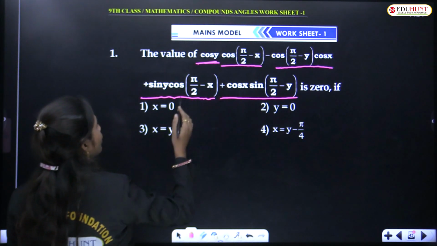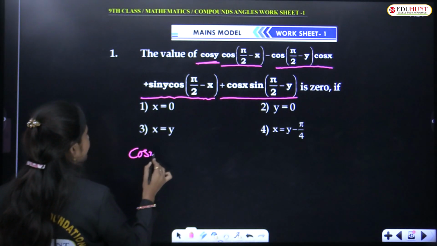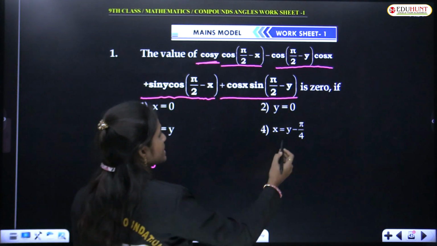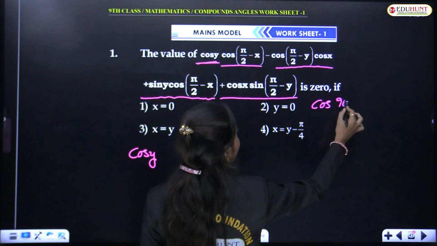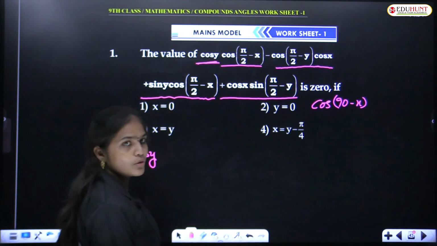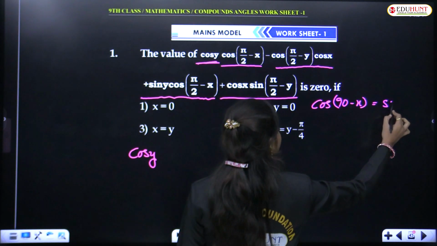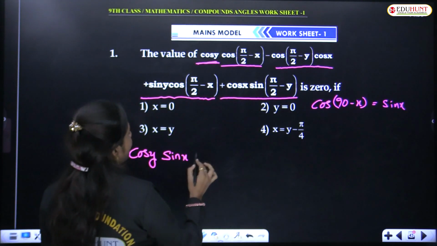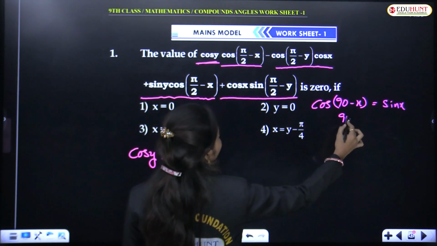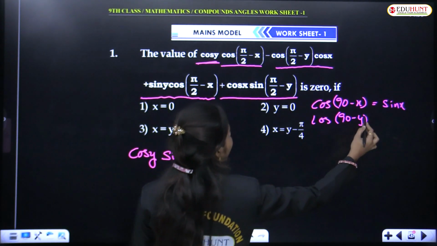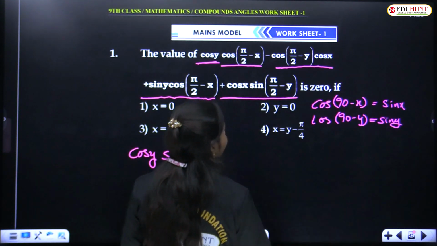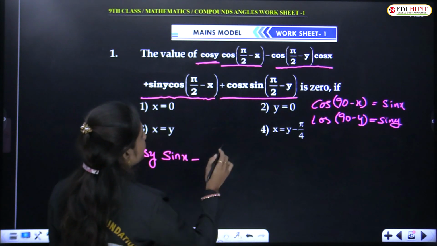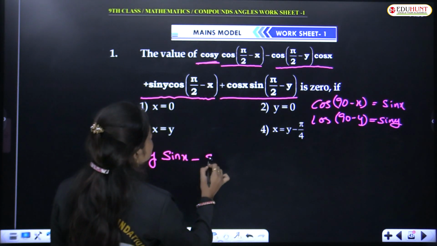So first what they have given here, cos y, and here cos of pi by 2 minus x, which is nothing but 90 minus x only, no? So cos of 90 minus x is equal to sin x. Okay, so write here cos y sin x minus, again cos of 90 minus y is nothing but sin y. Already we know that condition, so that's why I'm writing here directly. So cos of pi by 2 minus y is sin y,